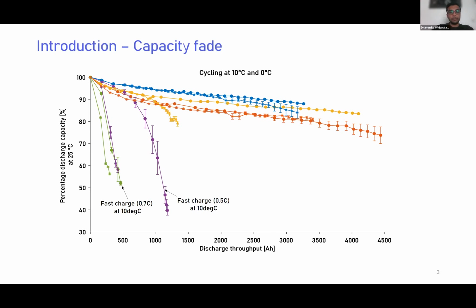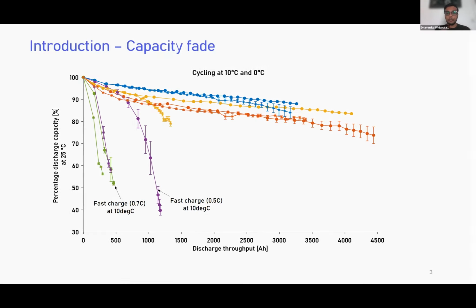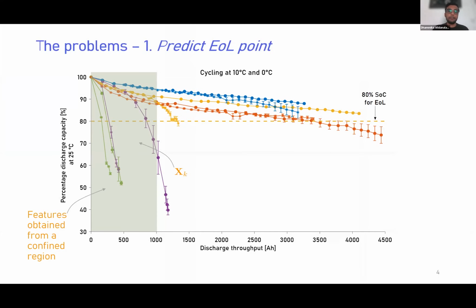There are different ways people approach this, and we'll look at some of the data-driven methods briefly in this talk. But before we go into that, I would like to define three problems, the way I see it at least, of what people try to do when they talk about modeling battery aging. Problem number 1, I'm calling predicting end of life. The way I classify this problem comes down to how we define what the validation data set is, what the characterization or training data is, and what the validation data is. Based on how those are decided, these problems come out quite naturally.